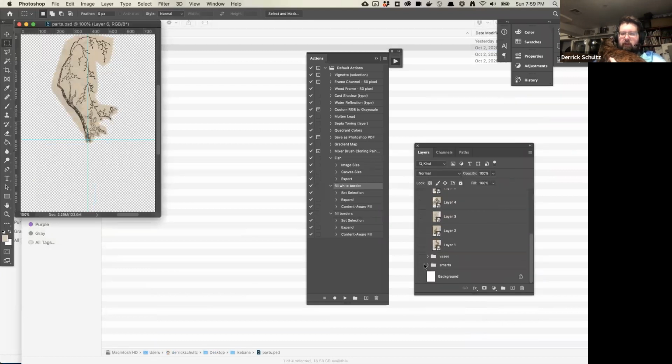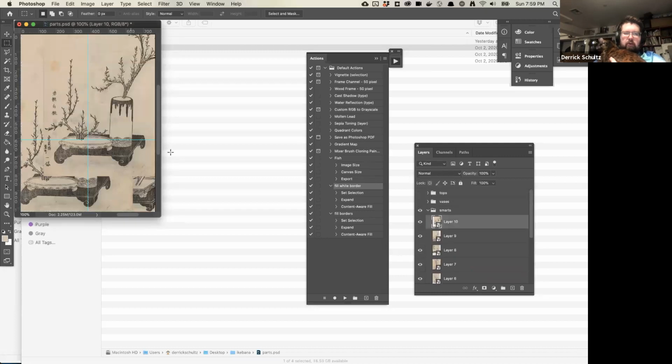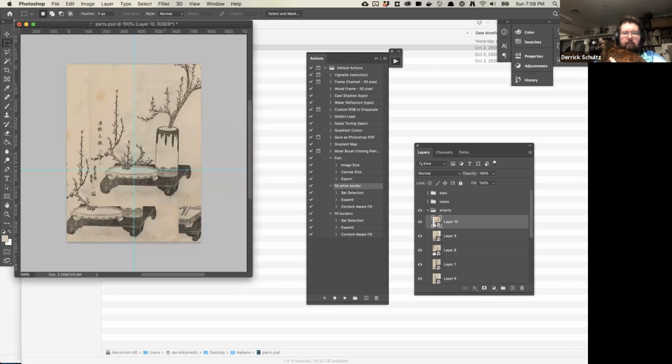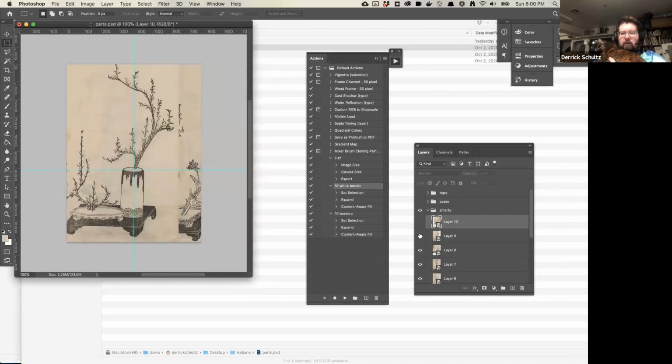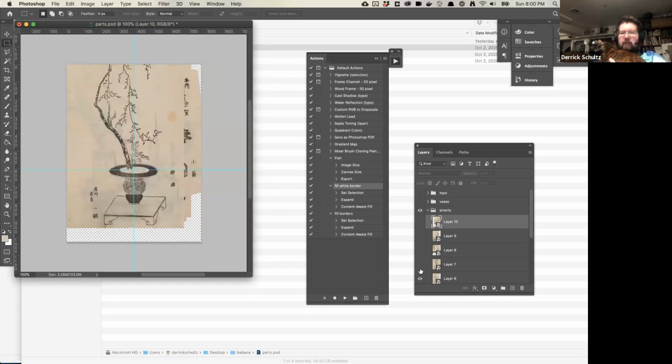So this data set included this. Let's show this. It's just a data set of these black and white images. There's pottery and vases, and then there are these plants that hang out from them. And there weren't that many in this data set, I think probably something like 20 images, which you might think is going to be a challenge to turn into a data set, right? Because we know we need hundreds of images.